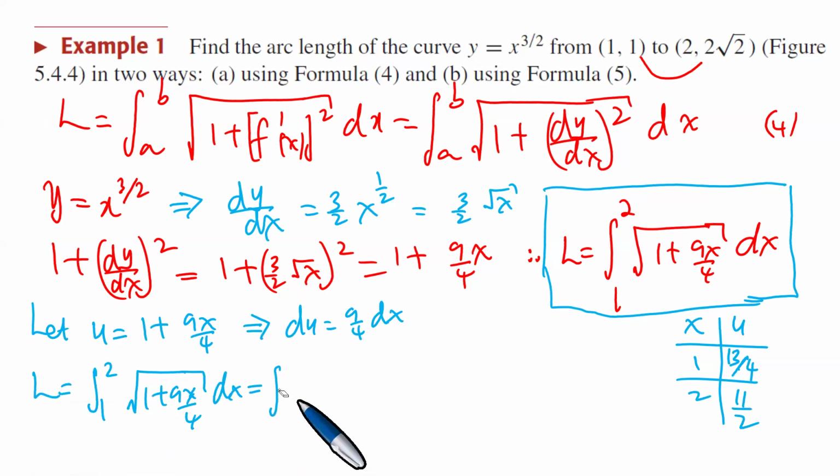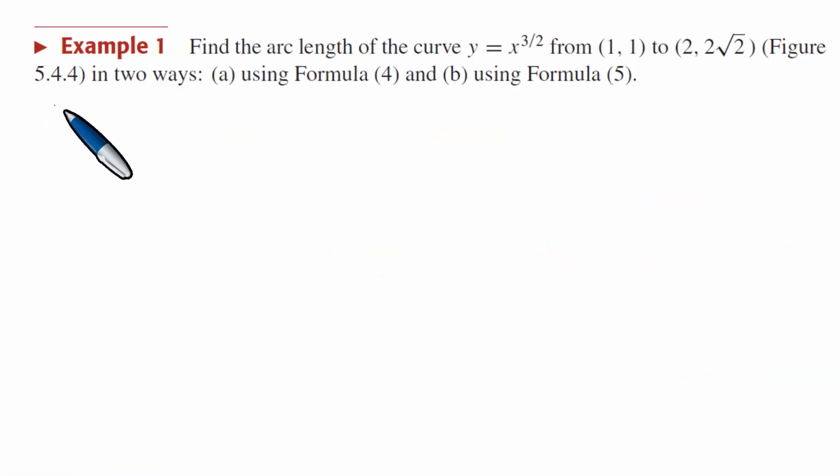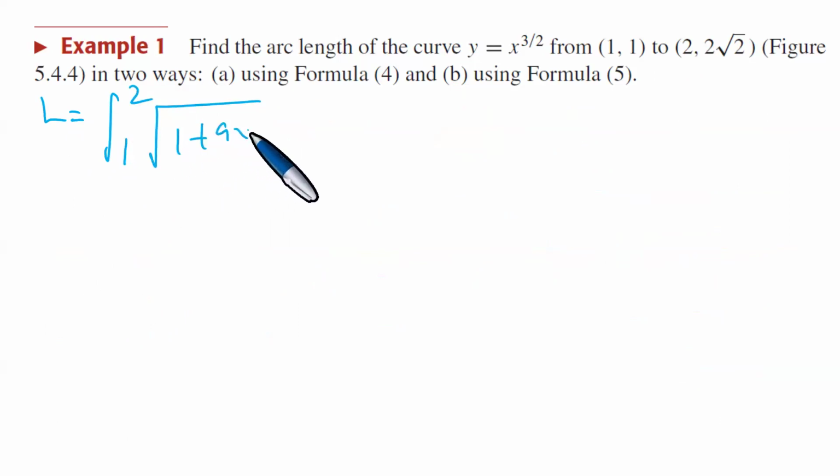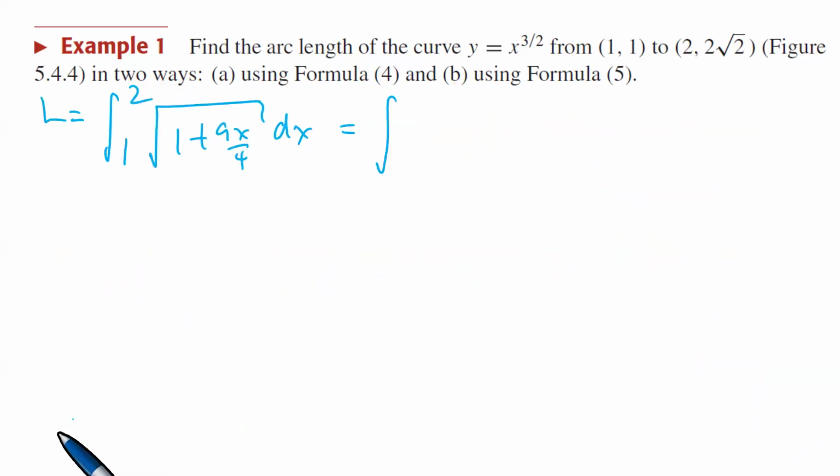Can you do it on the reverse side? So now we already have the integral from 1 to 2. So the arc length is this one, which is the square root of 1 plus 9x out of 4 dx. And we've already seen that here, if you integrate from 1 to 2, it's the same as integrating from 13 out of 4 to 11 out of 2. Right, and then now,